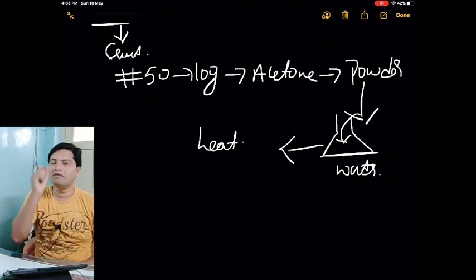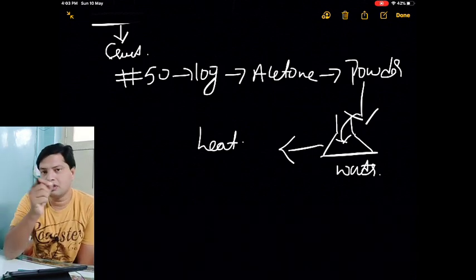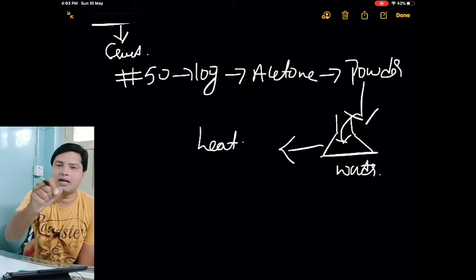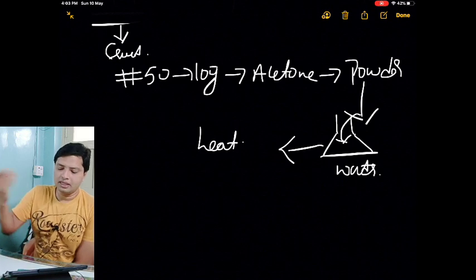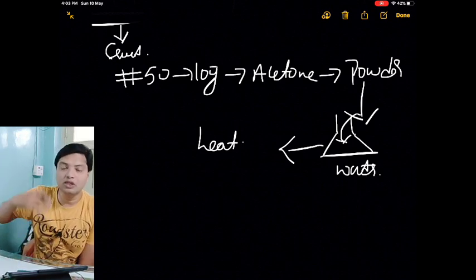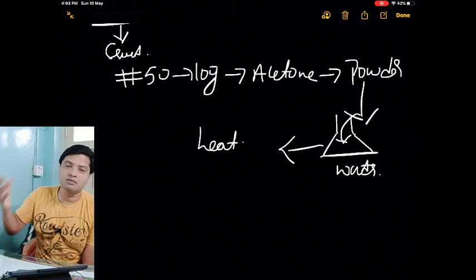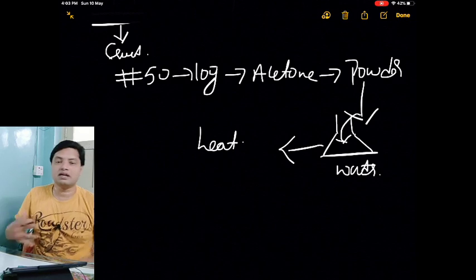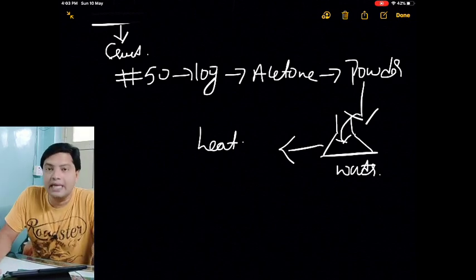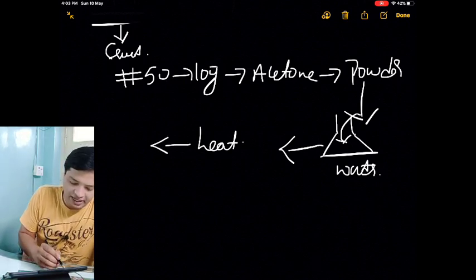Hence I will crush them, powder them, and treat with acetone. Why are we adding acetone? In case there is any oil or grease, we add the acetone. Then we heat them. Why are we heating them? Due to heat, the rate of entering of alkaline substance into the solution will increase. Hence we heat this. Okay, after heating, we titrate.